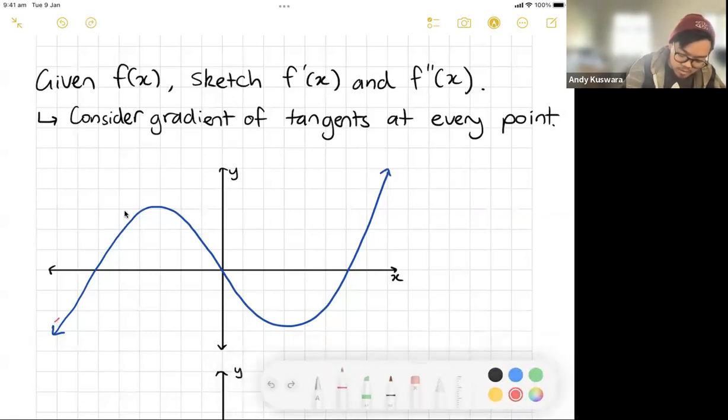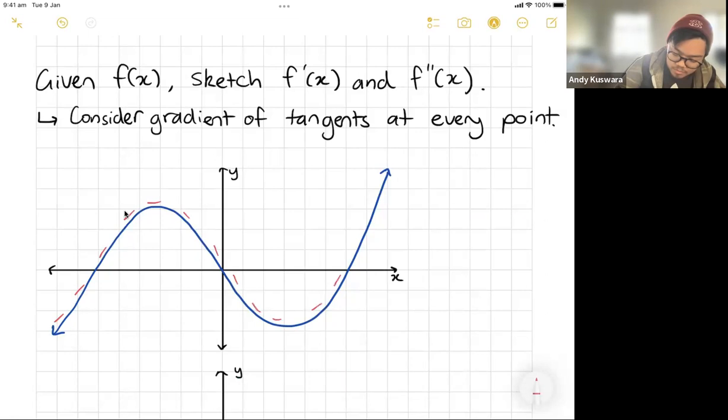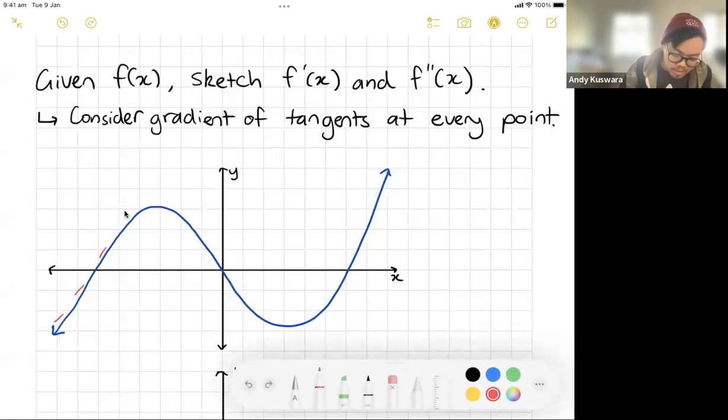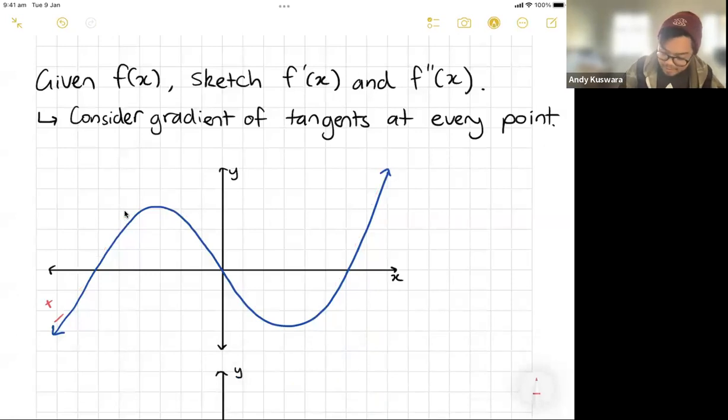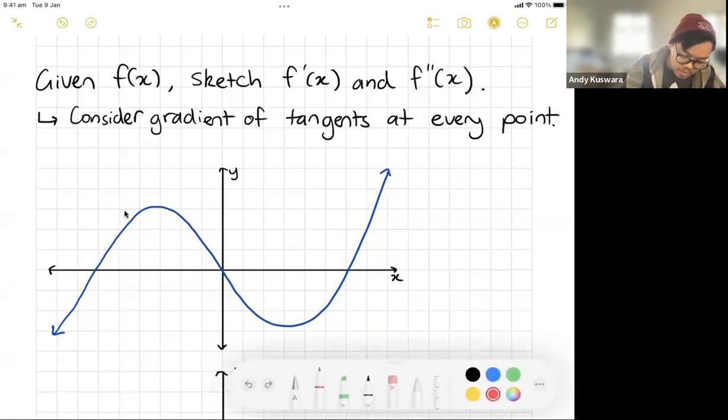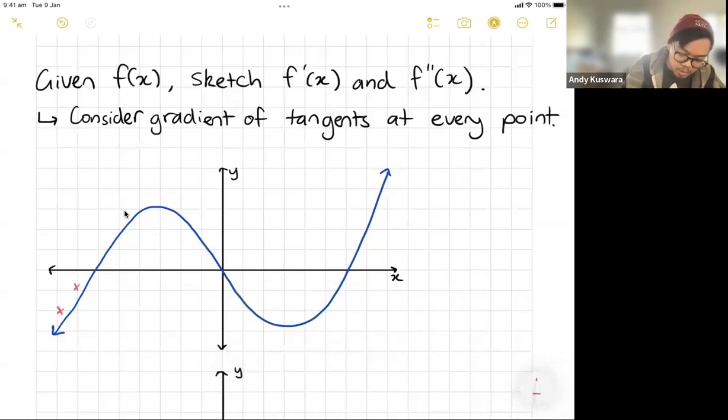You can see that my gradients will kind of do this. Let's talk about it this way. If I start by drawing a tangent here, that is a positive tangent, okay? So it's shooting up to the top right. So it is a positive tangent. It's going to be positive, positive, positive, positive, positive, up until this point, because now it actually hits the horizontal,